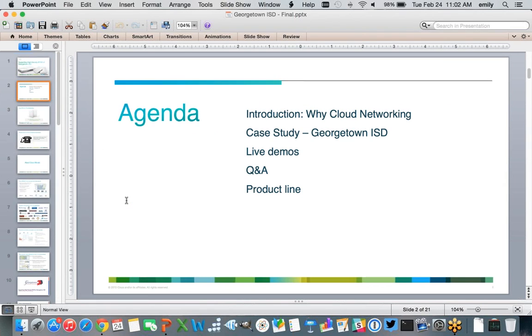So here's the agenda for today. What we're going to do is go through and give a brief introduction to cloud networking, to the Cisco Meraki solution, why you would want to consider us, and then we're going to dive into the case study, talking to Georgetown, talking to Donnie. That is the meat of the session, where I want to spend a lot of time, and in the demo. So Donnie has graciously offered to allow us to demo the Georgetown Independent School District's network. So we'll actually look at his network and go through the Cisco Meraki equipment and the deployments there.